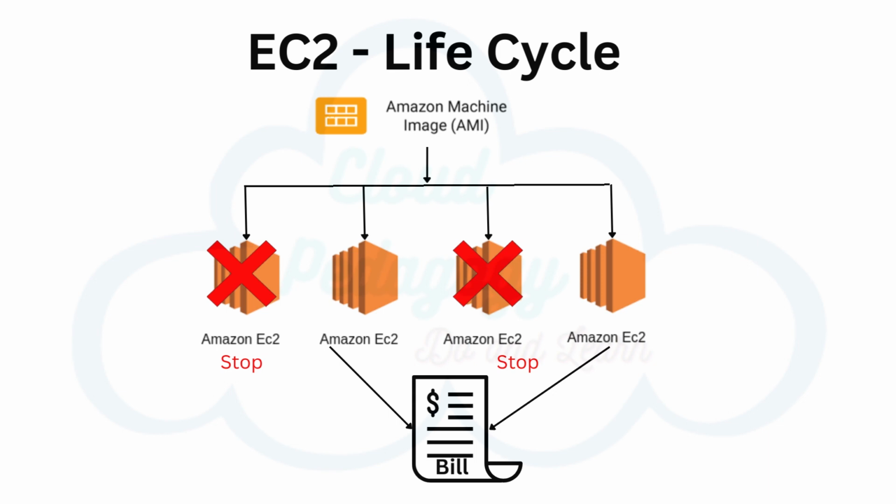EC2 allows you to stop and start instances at will, which enables you to treat your fleet of EC2 instances as elastic, scaling them in or out. Then, at the end of the billing cycle, you only pay for what you use. We are building up to the idea of scaling your fleet of EC2 instances in and out to serve the demand. But before we get there, it's important to understand some of the basics of EC2. So that's what we are going to talk about, the EC2 lifecycle.